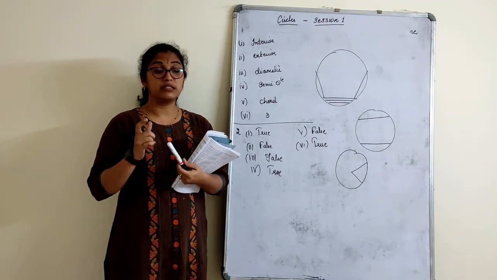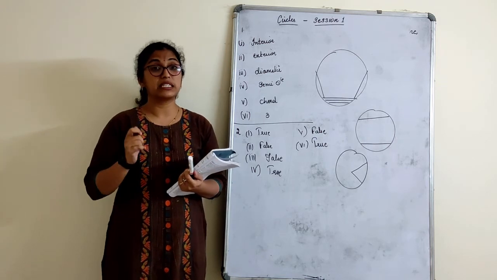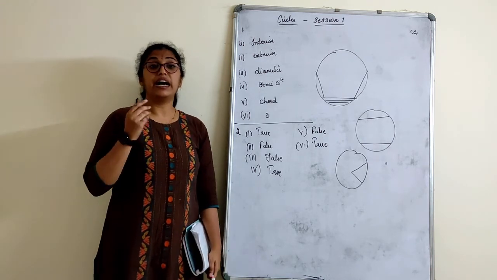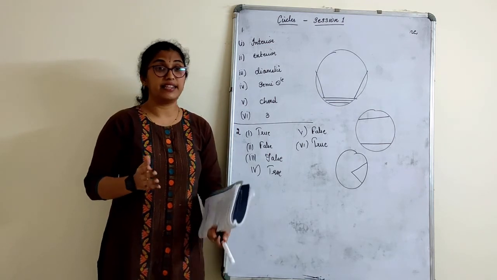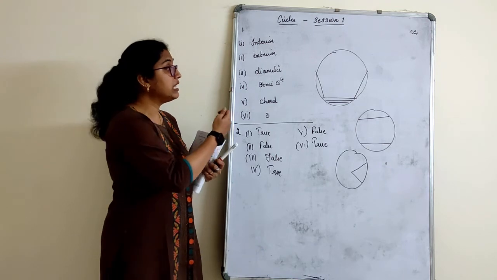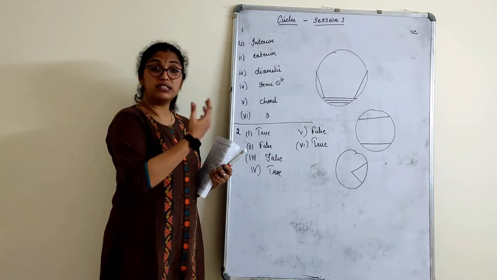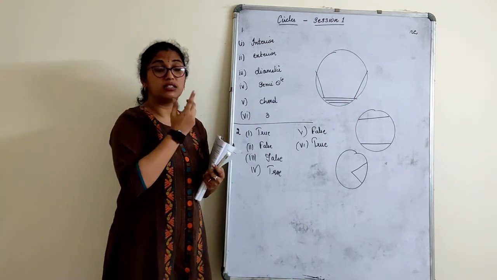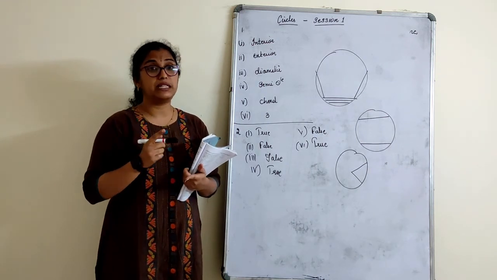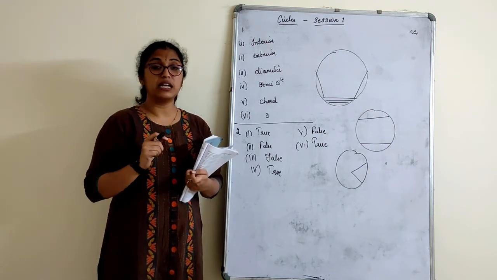I want you all to sit in tomorrow's class with a compass, scale and protractor, because few activities what I will be giving you all, I want you all to do it there and then, so that it's not where you have to learn the properties. You will derive or you will understand the properties when you draw certain things and you will understand from it, right? So please sit with a sharpened pencil, scale, compass and a protractor.